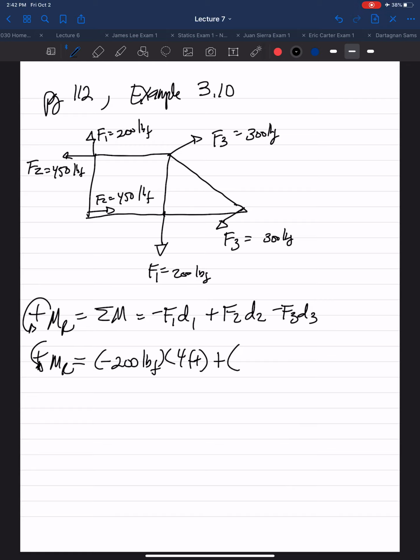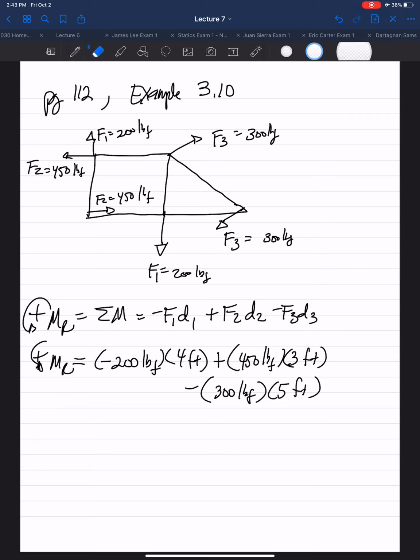F2s we said was positive, so that's 450 pound force. The perpendicular distance between the F2s is 3 feet. And we said the F3s were negative. The perpendicular distance between the F3s is 5 feet. Sum this up. The resultant of the couple moments comes up to be